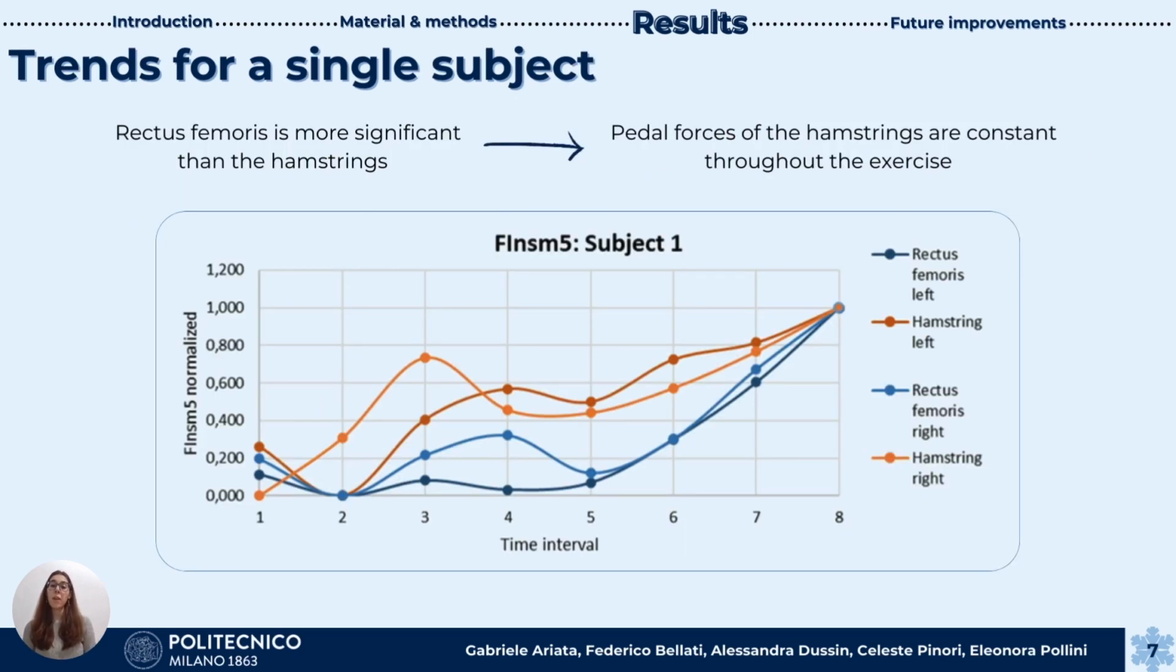The most significant plots are the ones related to the rectus femoris, as the hamstrings are less involved in the exercise. We proved it by studying the forces exerted by these muscles on the pedals over time. They remain almost constant during the whole task. Generally, the index has the clearest trend for the right rectus femoris because it is the dominant leg for each